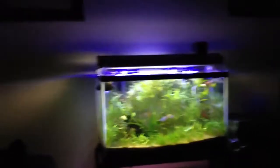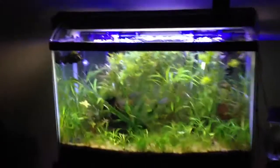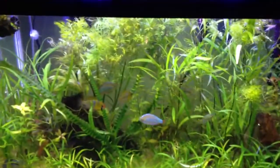So that's really the updates for my tanks, guys. Nothing new with the CO2 systems. Really just an increase in lighting, fighting off the green dust algae, and